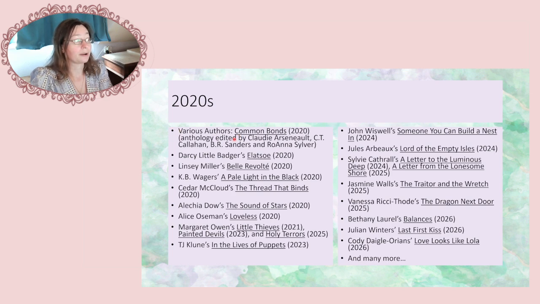It was edited by Claudia Arsenault, C.T. Callahan, B.R. Sanders, and Roanne Silver. Roanne Silver, they recently finished a crowdfunding for the 3rd volume in Common Bonds, and they published the 2nd earlier this year, which is really cool. We also have books like Darcy Littlebatcher's Ella Zoe, Lindsay Miller's Belle Revolte, K.B. Wagger's A Pale Light in the Black, Cedar McCloud's The Thread That Binds, Alicia Dow's The Sound of Stars,